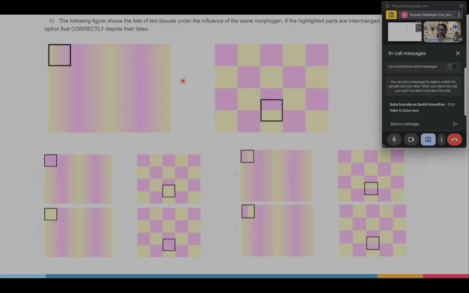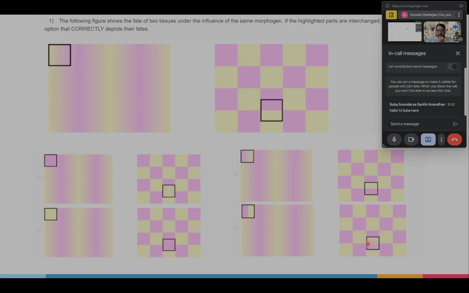So, imagine there being a morphogen gradient in a tissue. Imagine it going from left high to right low. And in one tissue it causes this kind of a pattern, you know, yellow followed by purple, then yellow, then purple, then yellow. In another tissue the same morphogen gradient from left high to right low forms this checkerboard pattern. Now the question is, if I transplanted part of the tissue from left top to the middle here and vice versa, so this goes here and this comes here, what will be the resulting pattern that we will see in the tissues? And these are the options right here, and these are different variations of what can happen,